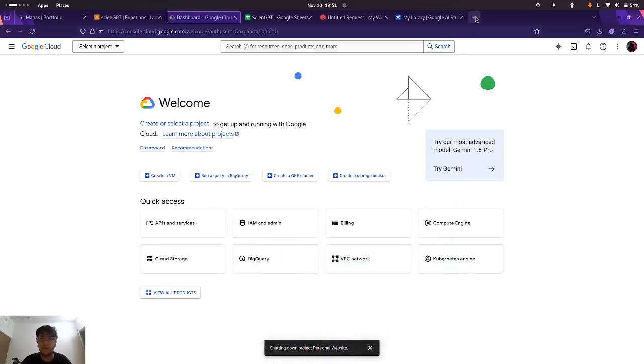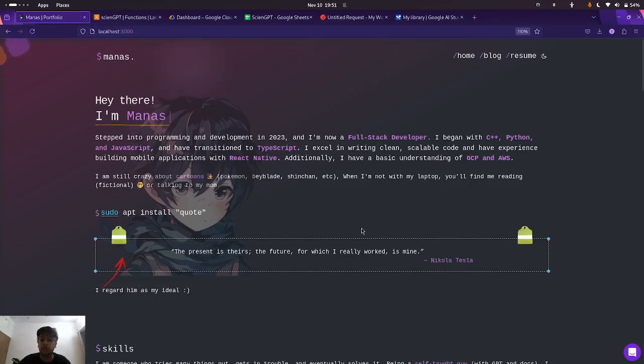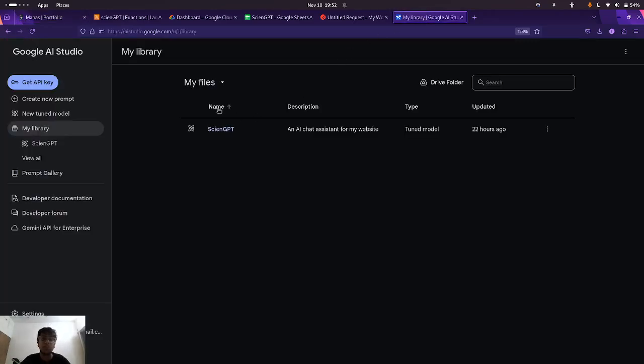So, hi everyone. Basically, what I'm going to do is tell you how to fine tune your Gemini model and use it as an AI bot for a personal website or any other purpose, and also deploy it into production with your domain. And also secure it. Now, firstly, to do this, we will